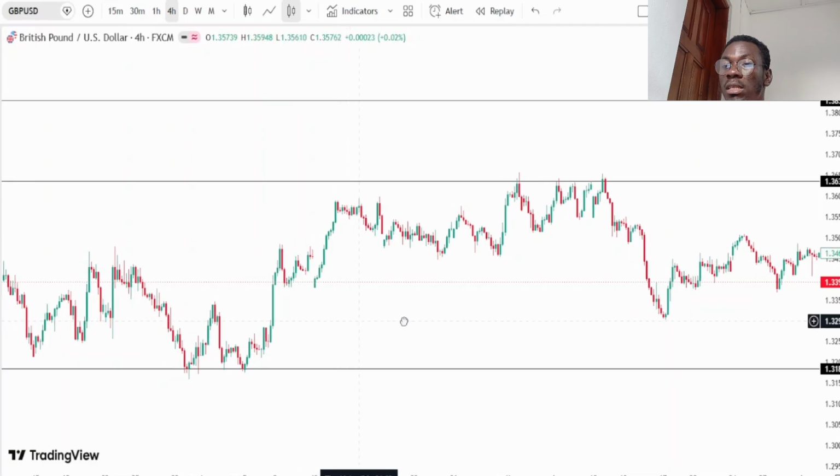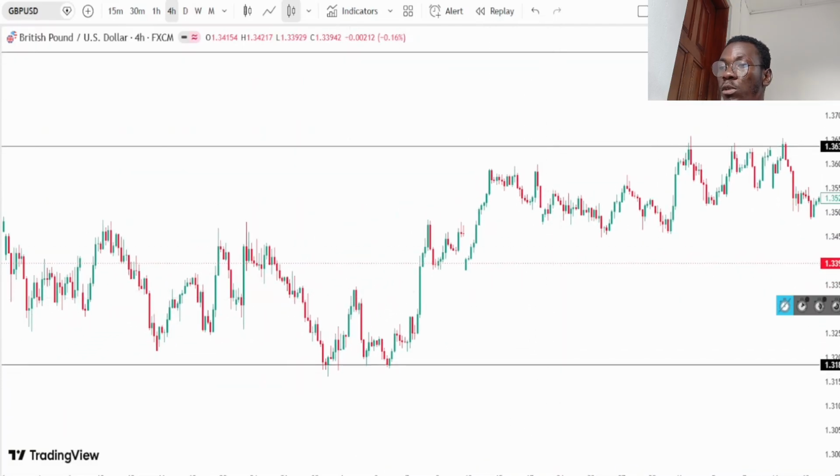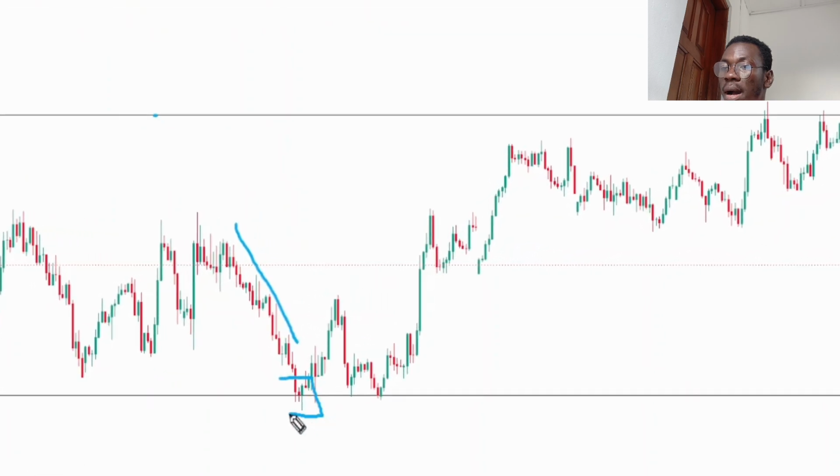Now looking at this place, the pin bar that we talked about, the same thing happened around this place. When price pushed from here, this was a resistance because price has been reacting to it multiple times. Price pushed from here to the downside. There's a push from here to the downside. It formed a pin bar that we just talked about right here. That is the bullish pin bar that we talked about, right there. And price pushed up again, came back, formed another pin bar around here,